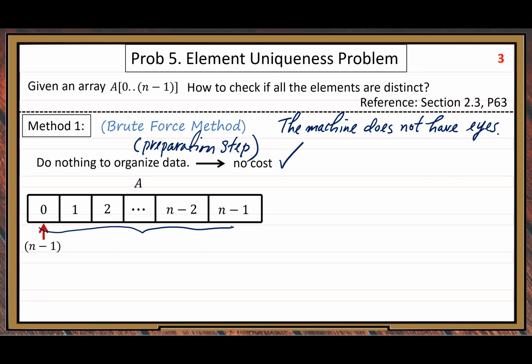After we complete processing 0, we need to process the second element, 1, and we need to do n-2 comparisons, and so on. In this pattern, at the end, 1 and 0. If we add up all the comparison numbers,